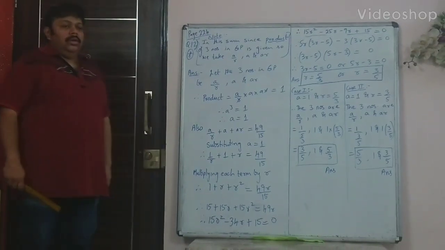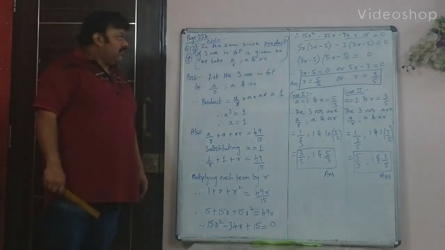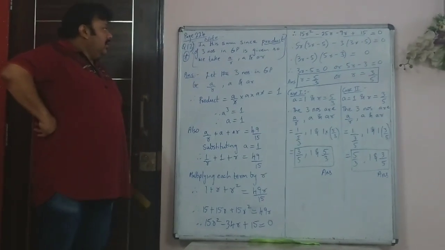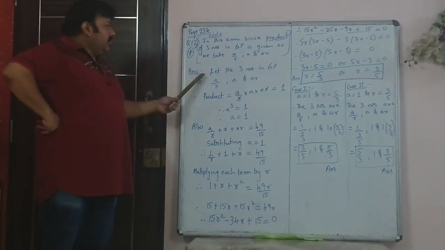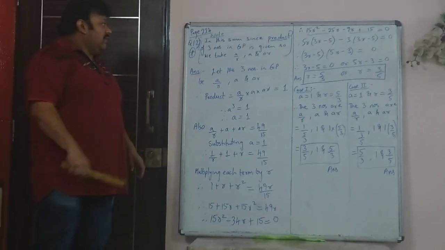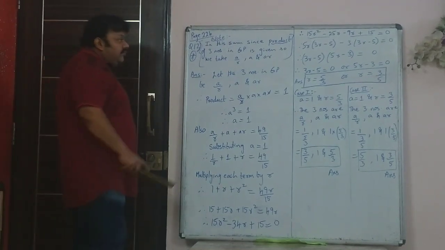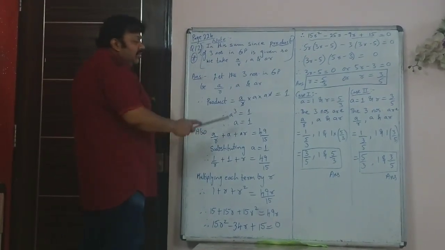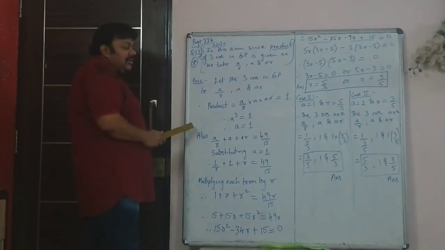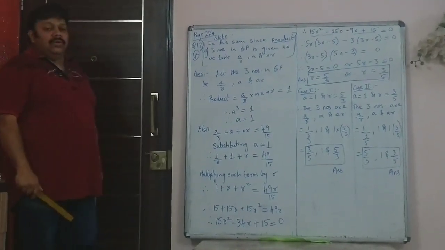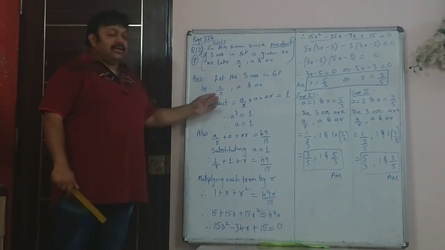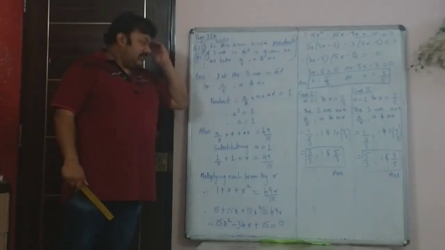Students, now we continue with GP, that is geometric progression, and in GP now we are seeing the next sum, that is the 12th sum, sum number 12. In this 12th sum you have three terms in GP and the product is given. Since the product of three terms in GP is given, unlike the previous sum where the product was not given, in this case we will take the GP as a/r, a and ar.